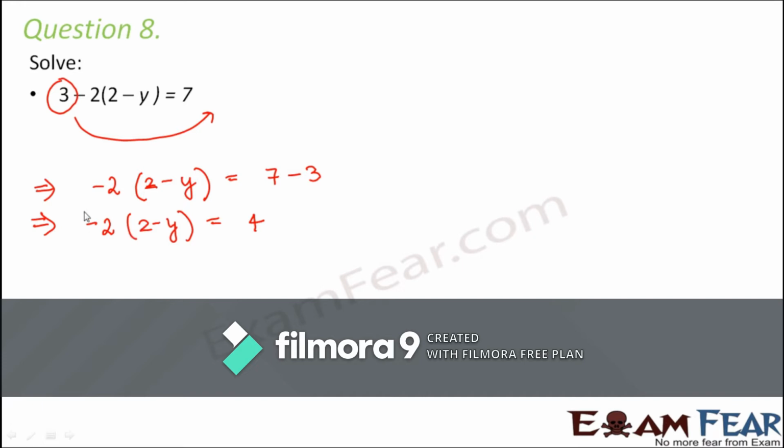Right? Now here one very interesting thing that we will observe is that the next thing that we are going to shift is this minus 2. Now how is this minus 2 present on the left hand side? This is something you need to understand. When we say minus 2 into 2 minus y, what does this mean? This basically means that minus 2 is a number which is getting multiplied to 2 minus y. So when this minus 2 shifts to the other side, it is going to become divided by minus 2.